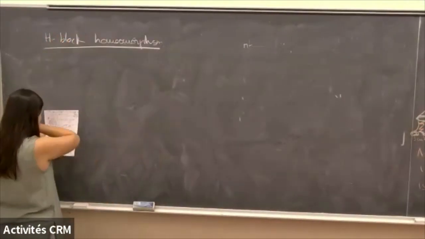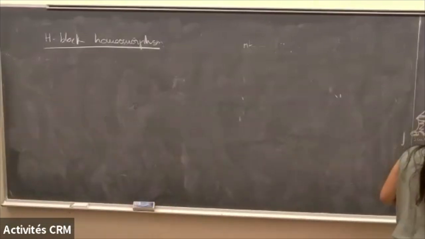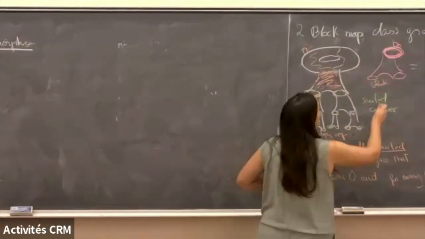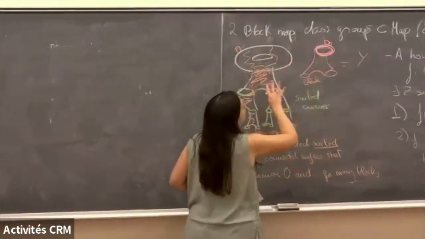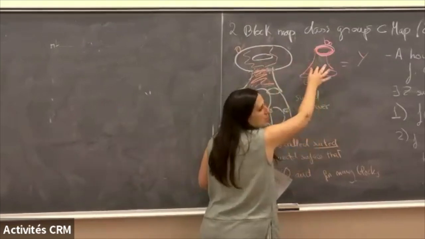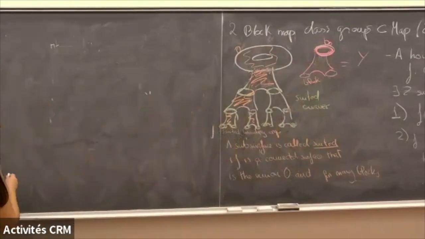What we do first is that we will need a map from the mapping class group of this first block to the others, just to do everything in this first block and then go back. So for every block,